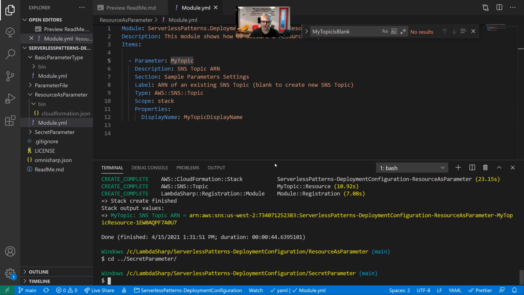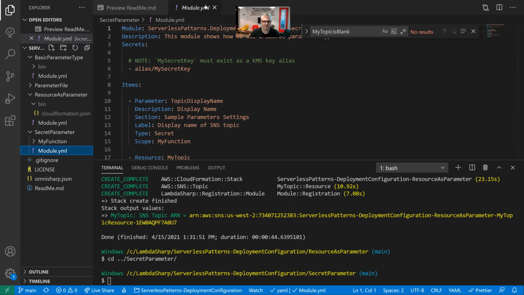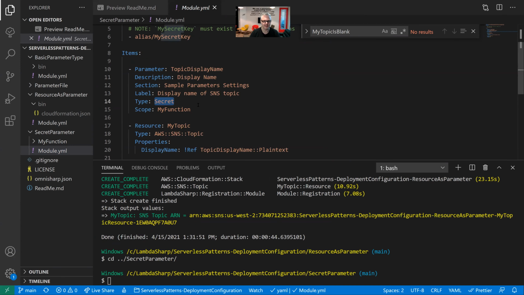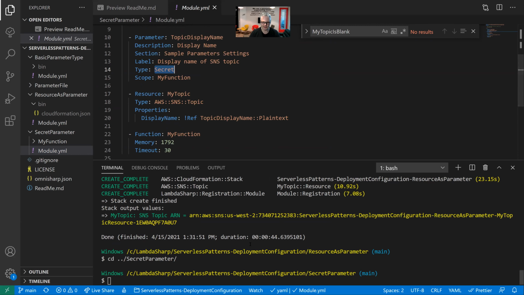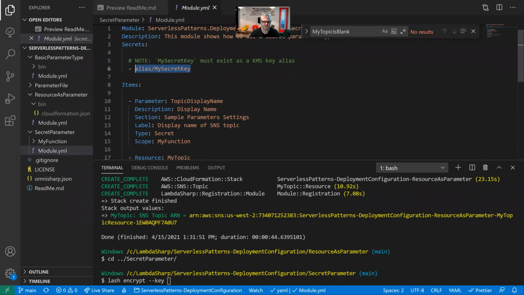Okay, so for this one, let's open the module. I'm going to close the old one. This parameter is marked as secret, which means it's going to expect us to pass in an encrypted value. That's fundamentally it. It is otherwise pretty much the same thing as we had before, except this time I added a Lambda function to it as well, but it's just setting the display name. So first I need a value it can decrypt. And for that, there's a little convenience function called /encrypt. It can take a file or just command line input. We need to give it the name of the key we're going to use for encrypting the value we're going to specify. And then we specify